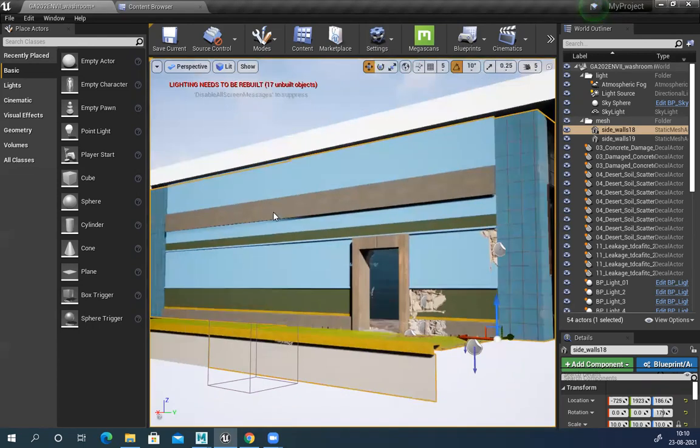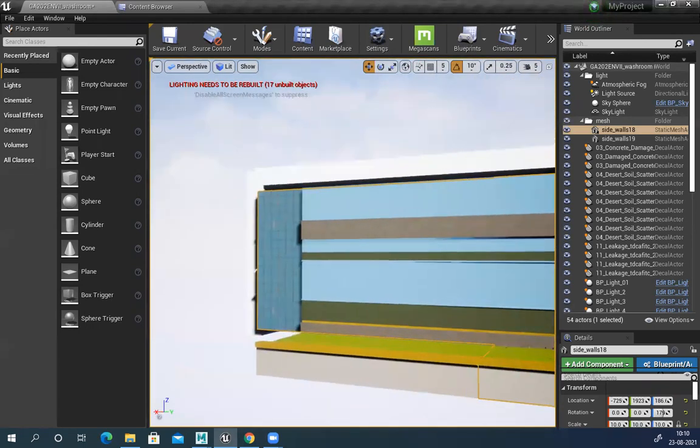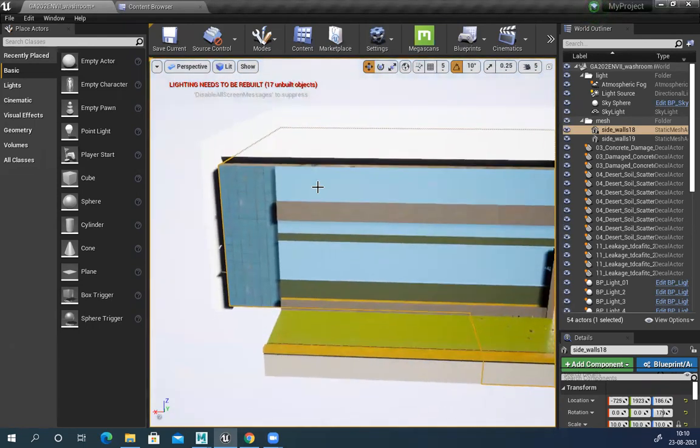And here in front also I can see this part is visible.